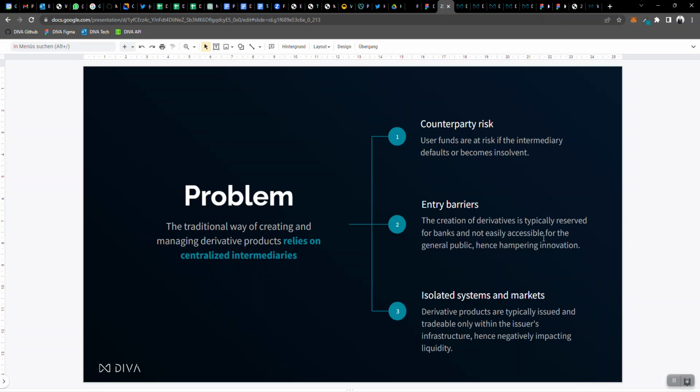So for instance, if you buy a structured product and you want to sell it, you can typically only do it with the bank that issued that product, and you cannot go to another bank that might offer you a better price, right? So you limit your liquidity by having these isolated systems.